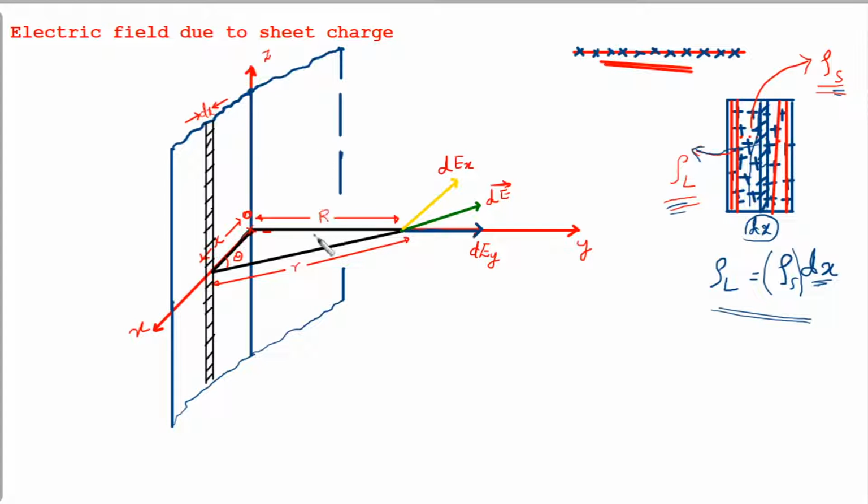So this is supposed to be a three-dimensional figure. I hope you are getting the feeling of it. So I have kept this sheet of charge which is of infinite length. It is extending from plus infinity to minus infinity lengthwise, and plus infinity to minus infinity widthwise as well. So this is now lying in the XZ plane.